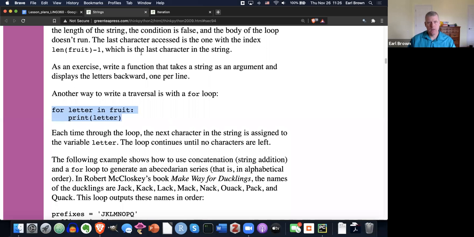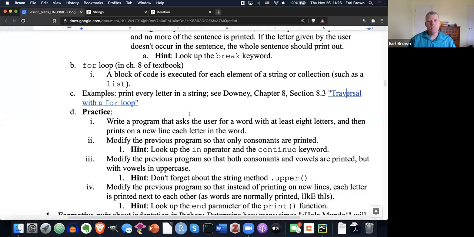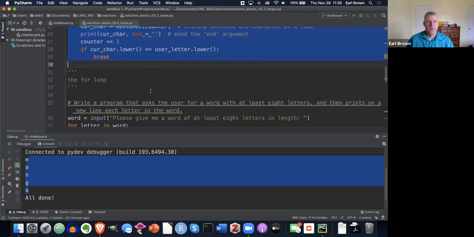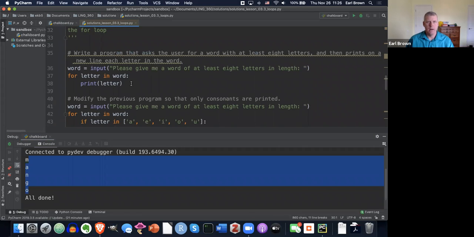Okay, let's take a look at some practice. It says write a program that asks the user for a word with at least 8 letters and then prints on a new line each letter in the word. Well, we pretty much did that. I'm not going to give you any time for that. We pretty much did that. And there it is. I guess we can do it for